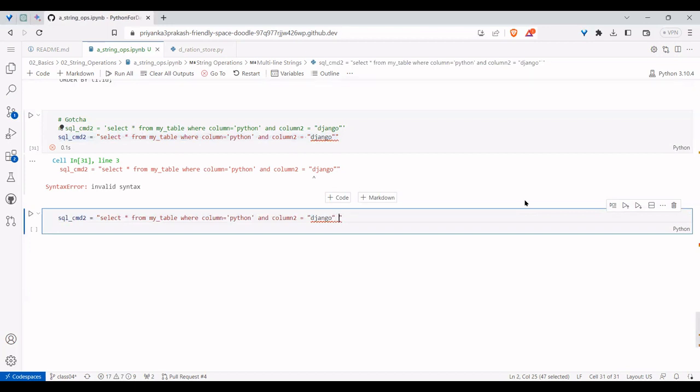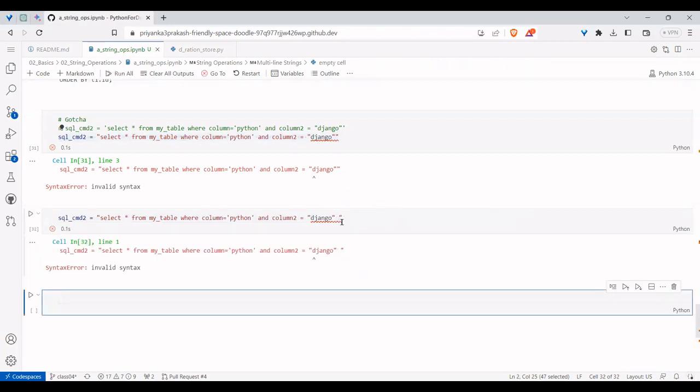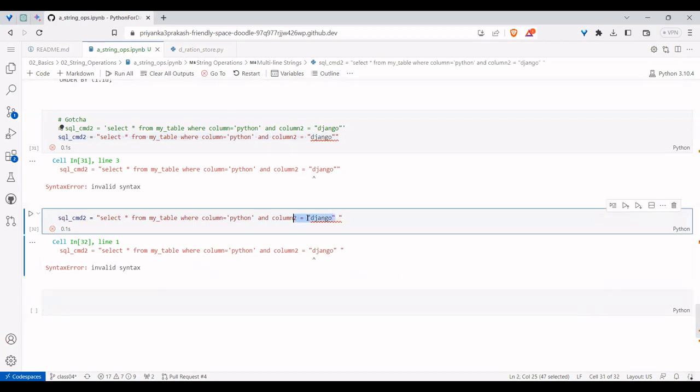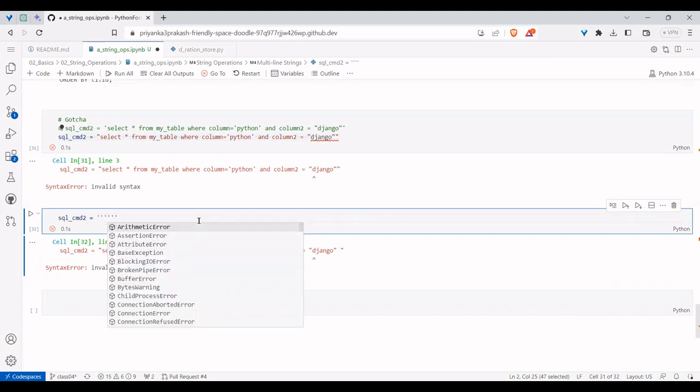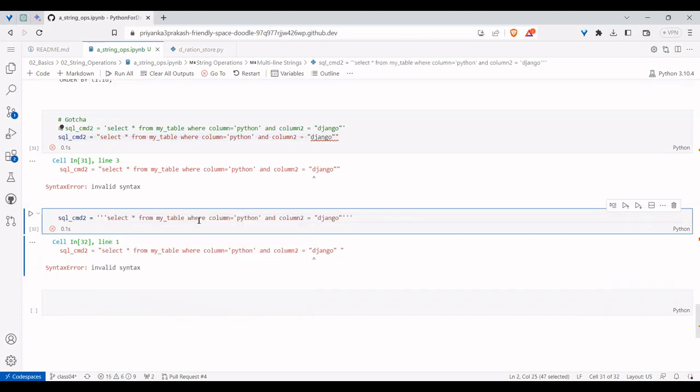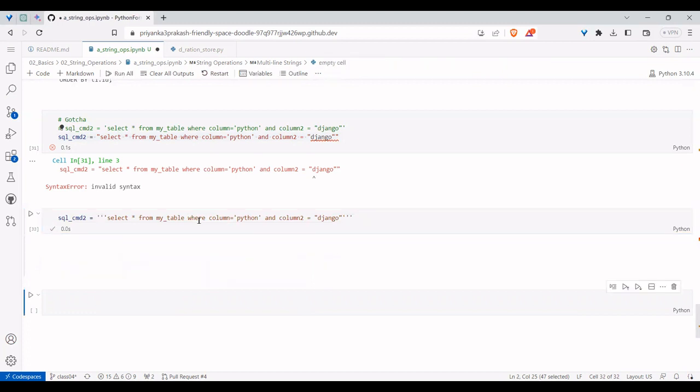If I just add one white space and run it, it still says error, because you have a double quote within it and I also have a double quote within it. So the point is the entire content needs to be stored in something else which is not there. You see, now I stored the entire content in a different quote, so it works.